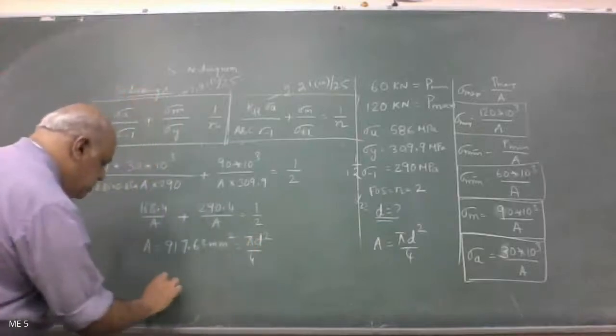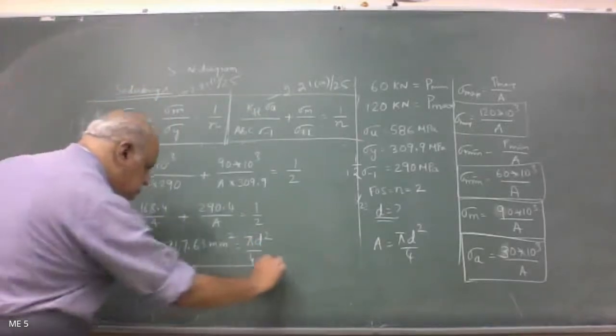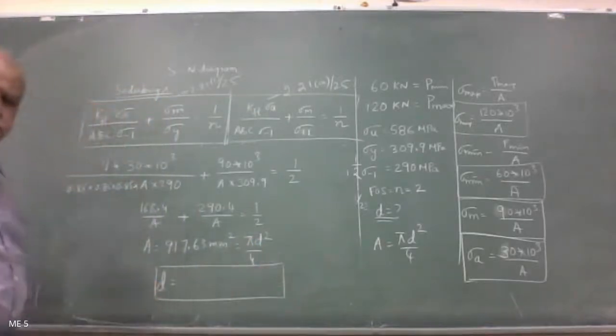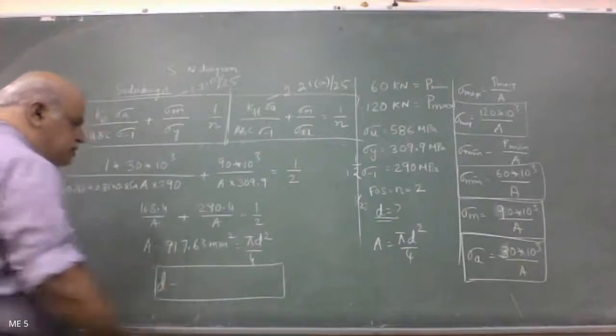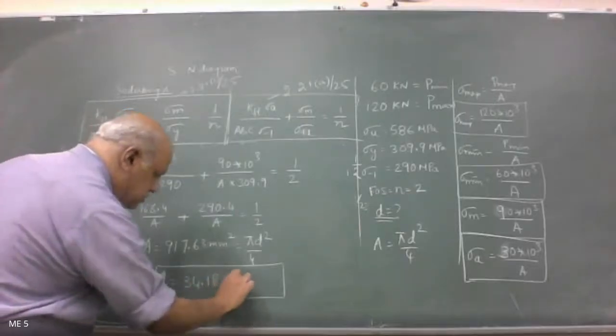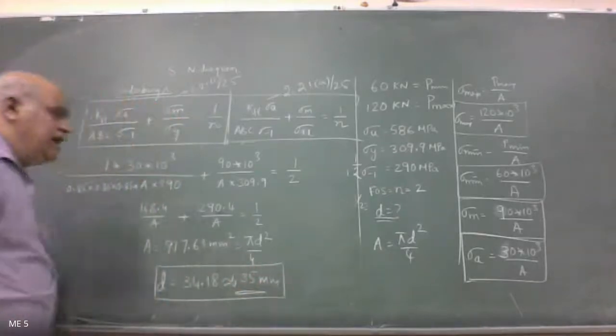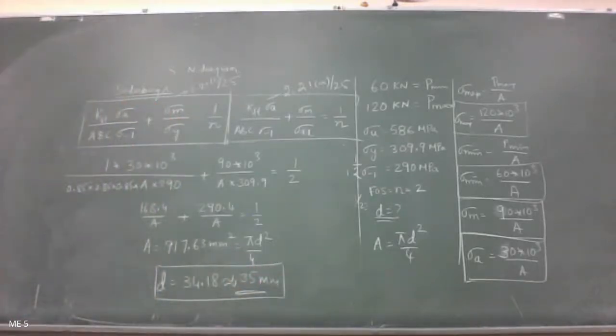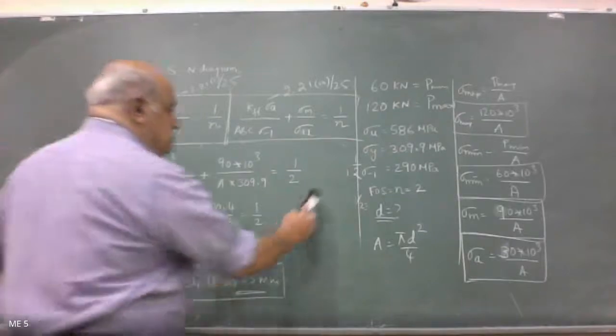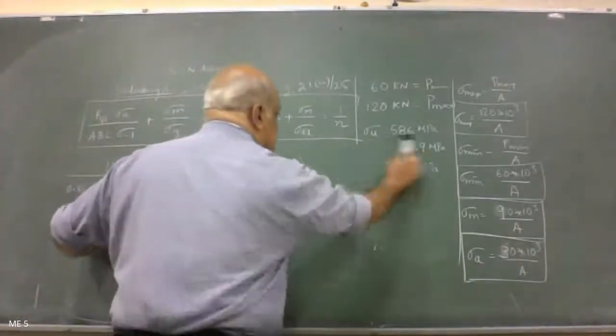So therefore, diameter is equal to what I got is, what is the value of diameter you get? 34.18. That is rounded off to 35 mm. Okay. Similarly, by using Goodman's relation,